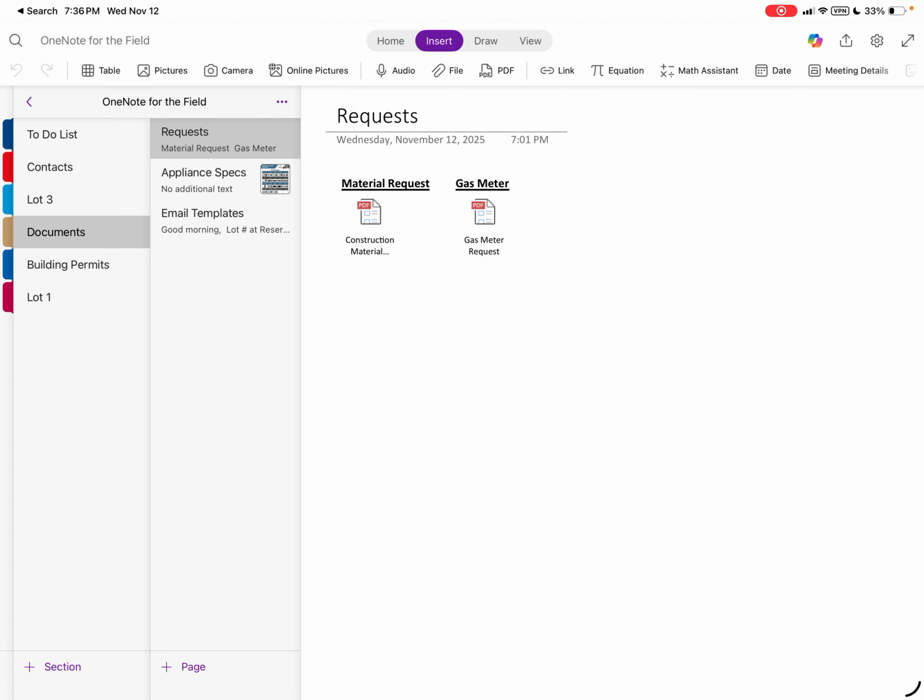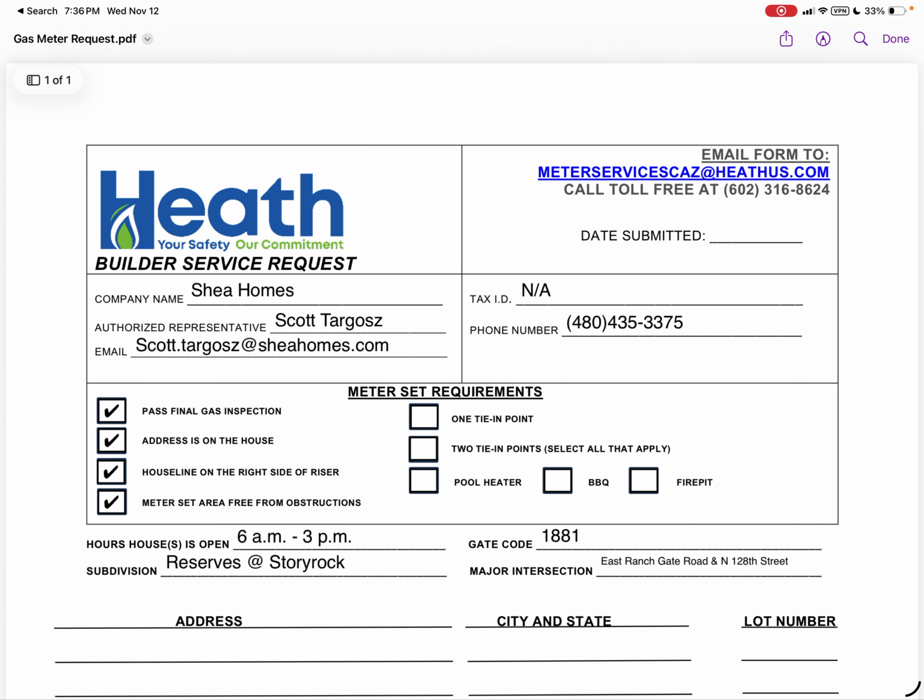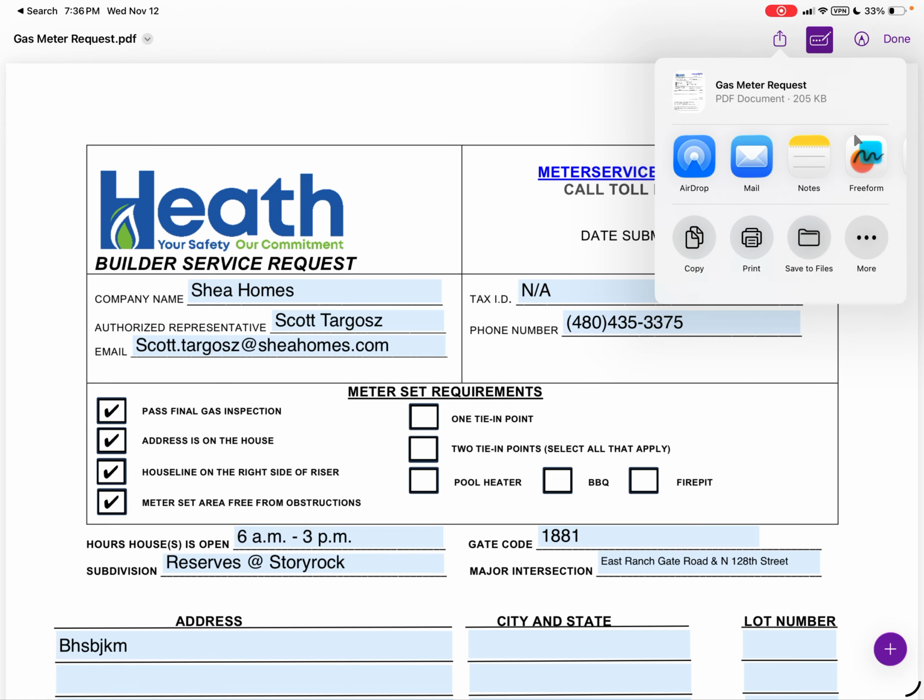So looking for material requests, gas meter requests, having those documents, if you have them saved in a local place, that's great. For my gas meter request, I just have a document that's saved locally that I can preview, and it's already pre-filled out. And I can autofill this form and put today's date in. I can put in all my information and then go up to the top and send this off in an email,